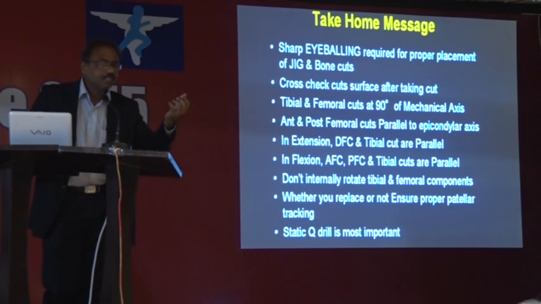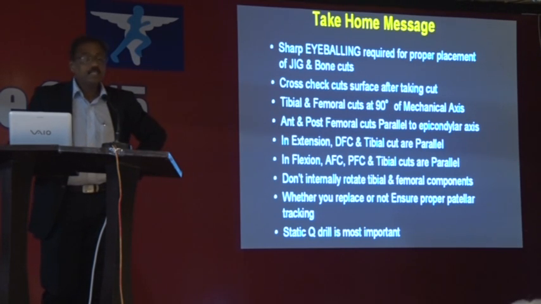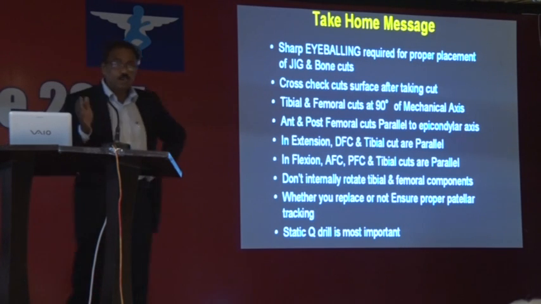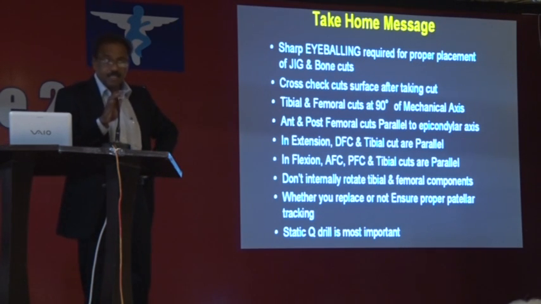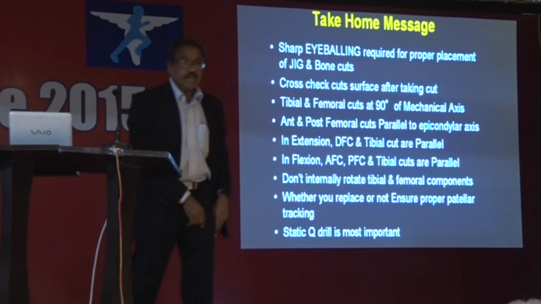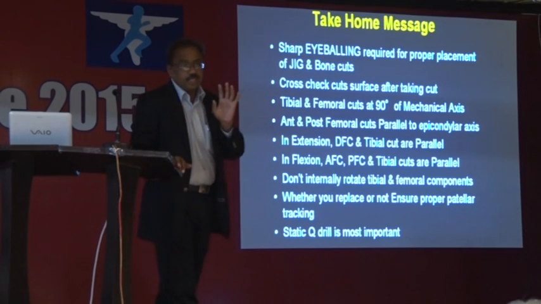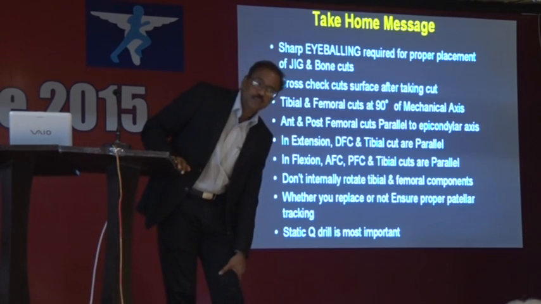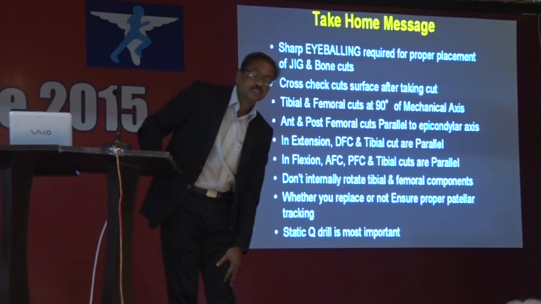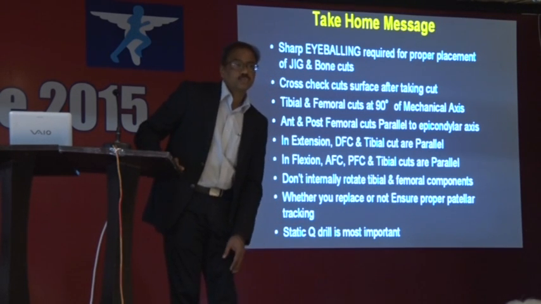Range of motion is not the job of the prosthesis or a high flex design. It is the job of good surgery. If you do good surgery and both compartments are fine, the patient will have 130 degrees of range of motion. And static quadriceps, which people do not pay attention to, even surgeons do not pay attention to. This is very important. After total knee arthroplasty, tell the patient just to contract the quadriceps. Explain it to them very well.